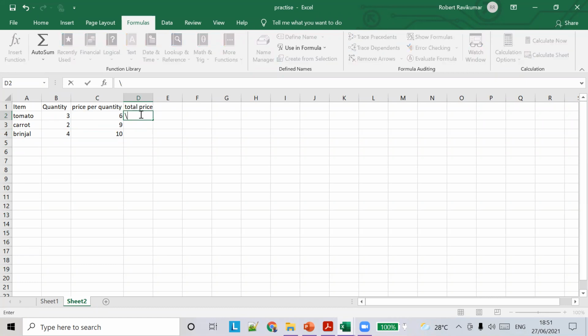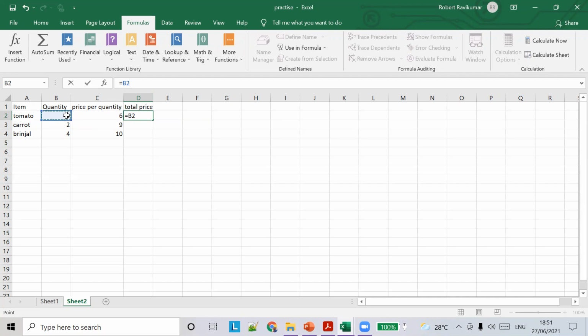Can someone tell me the formula? It is 3 into 6, right?